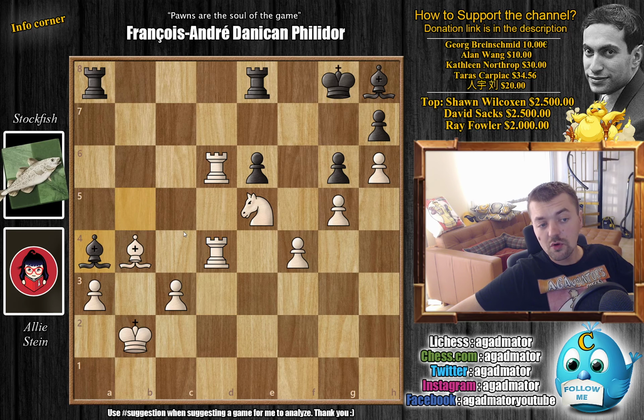And now we have to ask ourselves, can you eliminate the knight here? Your bishop is pretty useless on h8. I mean, it's on a lovely diagonal, but with the knight on e5, it's a dark square. You don't really...